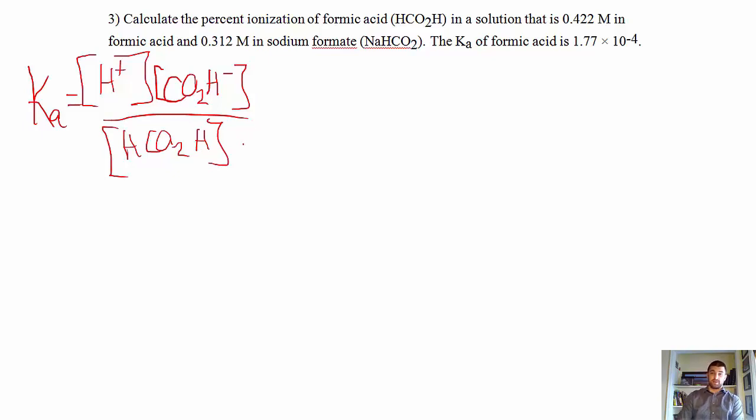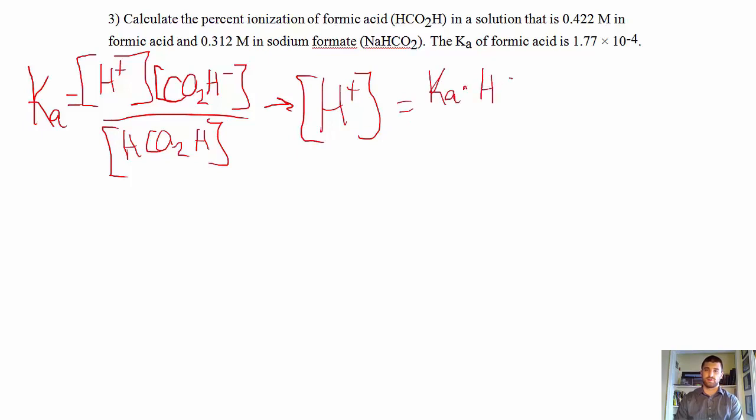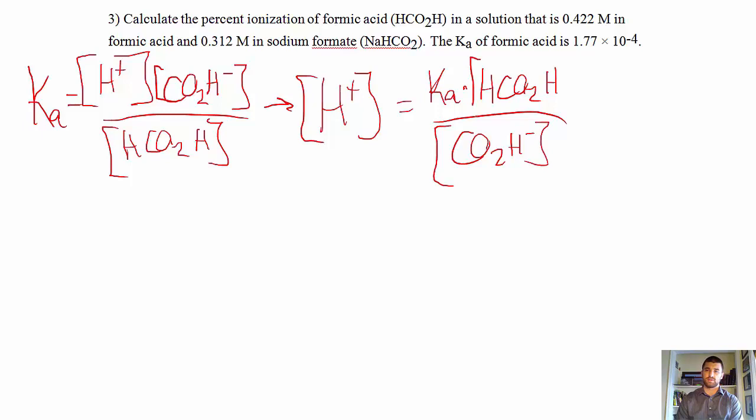So we're going to have to do the same thing again and solve for the H plus. So we do a little algebra and we get H plus equals Ka times the HCO2H all over CO2H minus. And all those are concentrations except for the Ka. All right, so the HCO2H is just the 0.422, and the CO2H minus comes from the sodium formate, which is the 0.312. So I plug those numbers in, and I get my concentration of H plus being